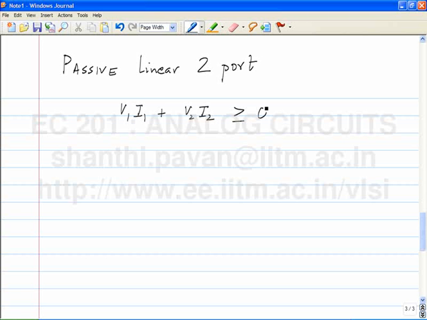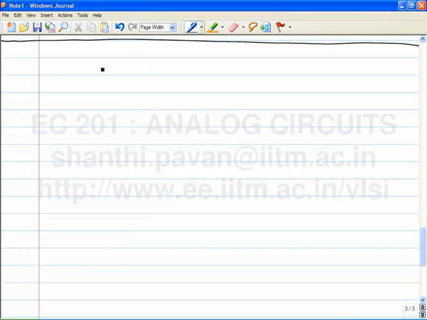When the two-port is passive but non-linear, what happens? Can we make any comment about V1, I1, V2 and I2? When you have a passive two-port, but not necessarily linear, the same relationship will hold even for a passive non-linear two-port, because this is just a statement regarding energy generation within the network. This completes the preliminary stuff you need to know to understand how we are going to go ahead